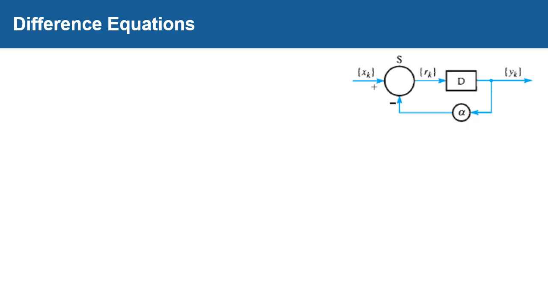At the same time, the signal is fed back through a scaling block of amplitude alpha to the summing junction S. This process is instantaneous, and at S, the feedback signal is subtracted from the next input observation xk plus 1 to provide the next input to the delay block D. The process then repeats at each clock step.